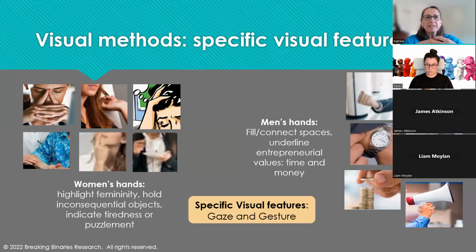So we found very much that men's hands filled and connected spaces and really worked to underline entrepreneurial values. So there was an awful lot, as you can see here, of men looking at watches, holding money. Time and money featured a lot, lots of graphs that were being held. The megaphone at the bottom is a man sitting on a desk shouting at other people. So that's one of the ironic images. And you've got leaning against glass panes to use a trope around reflection, folding arms, being in charge